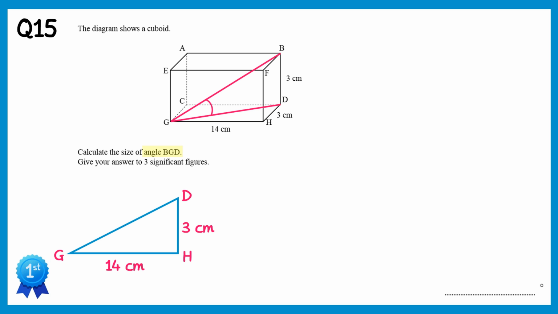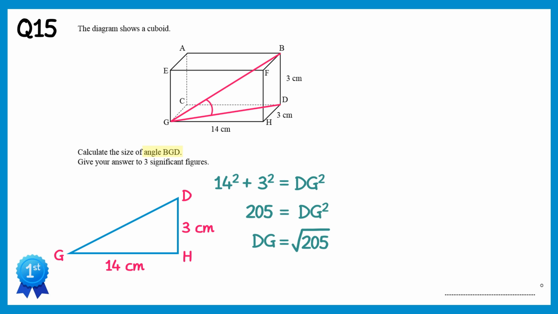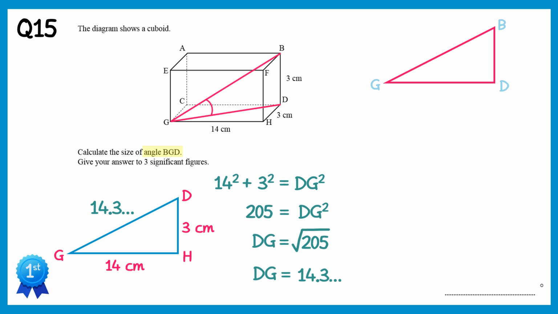to find side DG. So 14 squared add 3 squared is DG squared. If you do 14 squared add 3 squared, you get 205, and then square root this, you'll get DG. So DG comes out at 14.3 and so on. So we can label that onto our diagram, and if we now look at the red triangle, BGD, we know